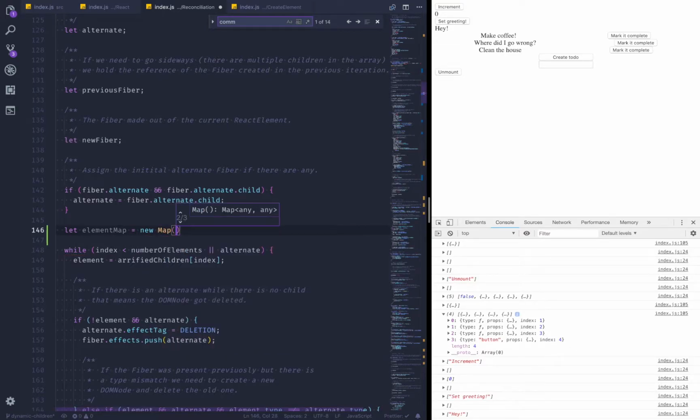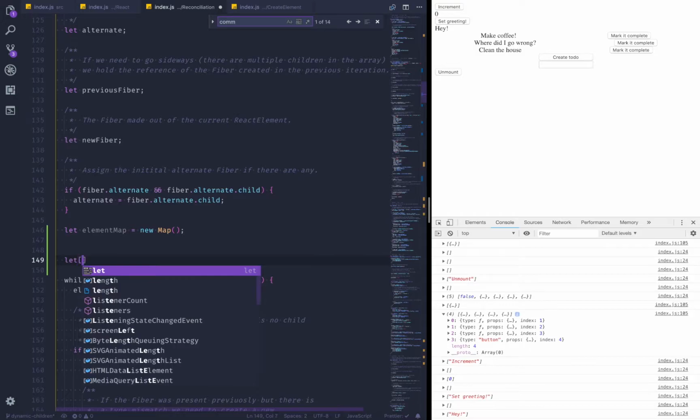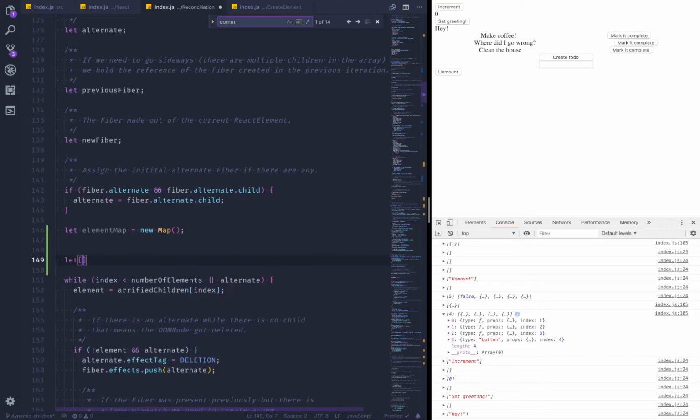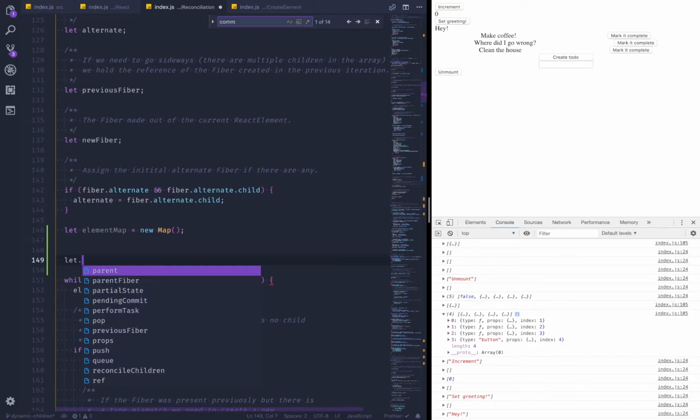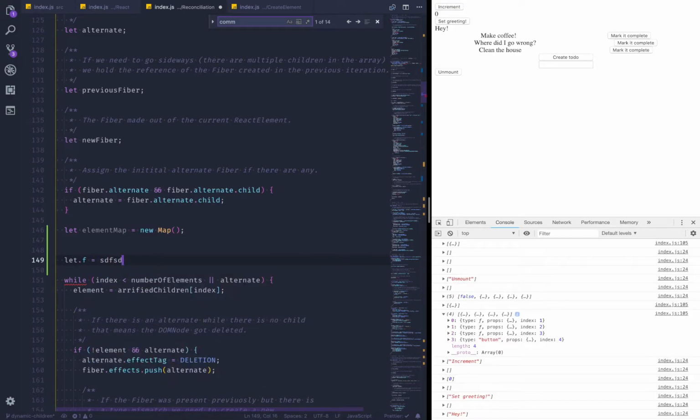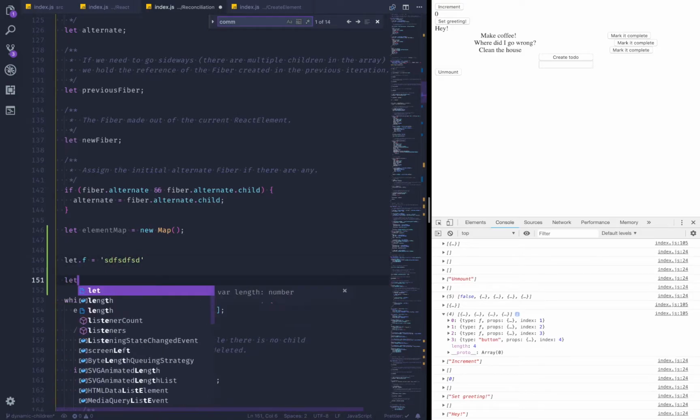I don't know the implementation of this map, but basically JavaScript objects are sort of a hash table, so you can do it like this, this is basically something of a map. You can access it with